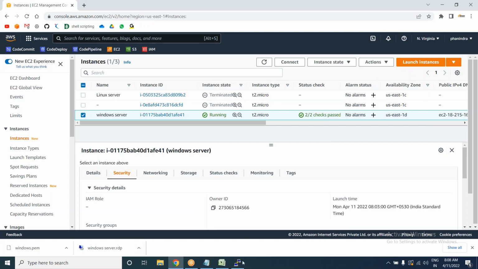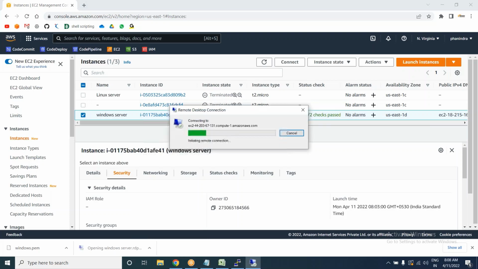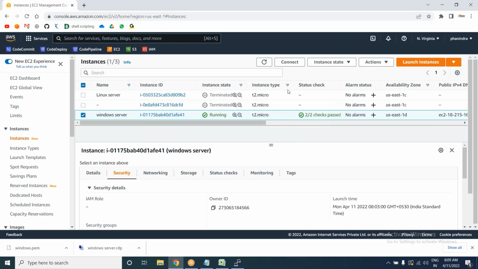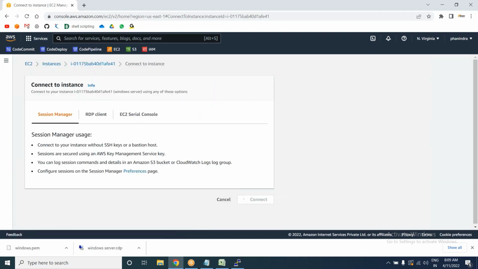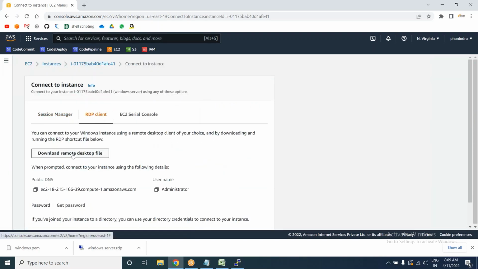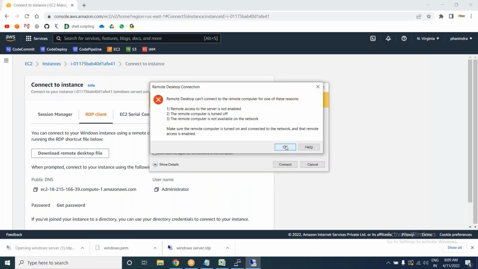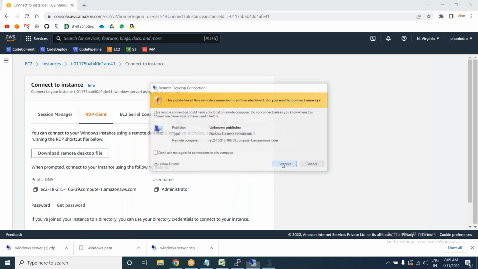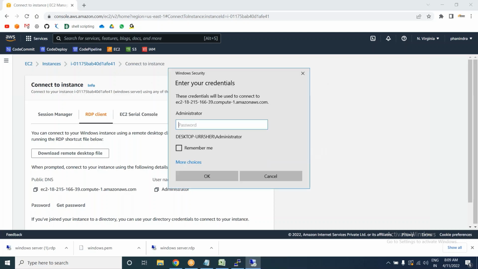Is that file common for all the Windows instances? No, it is common for every. Okay, let me try. Maybe I think it will be common. Let me try to download it if you want. This is the old one. Yeah, sorry. Actually, we have to download a separate file